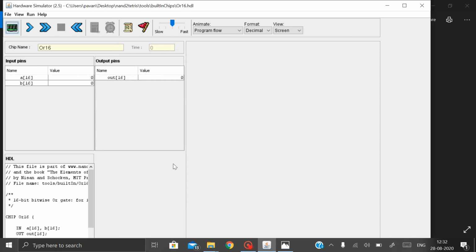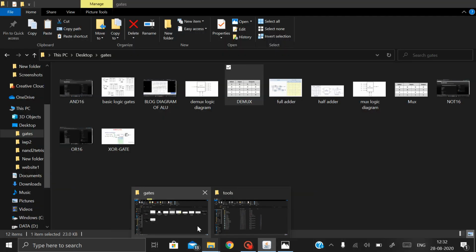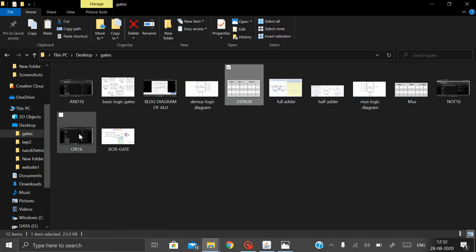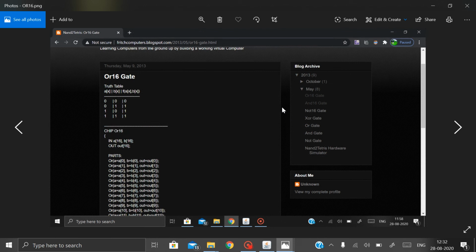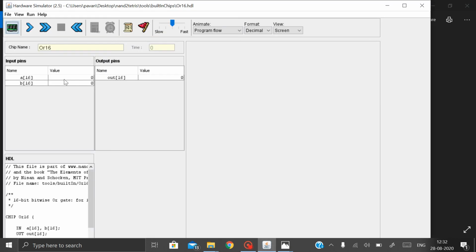I will show the truth table so that you will get an idea. This is just a screenshot, so just ignore it. You can see if any one input is 1, the output is 1. Same thing we'll check here. 0 0, its output is already 0.